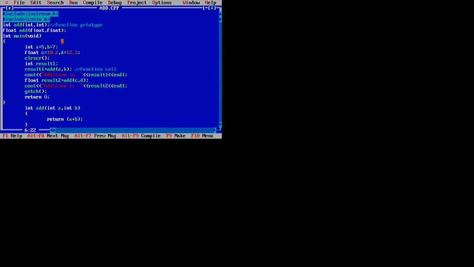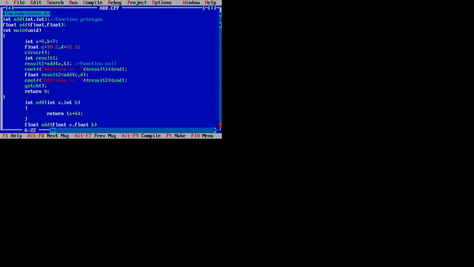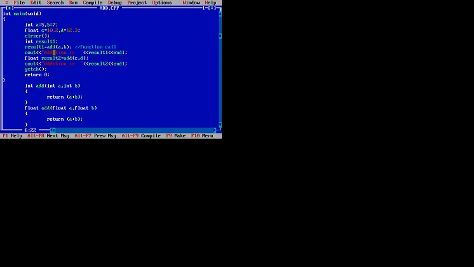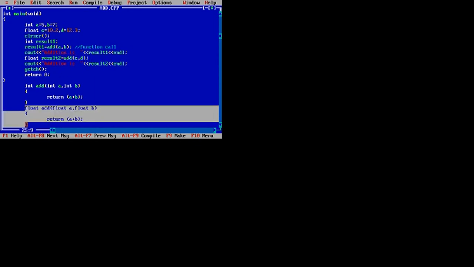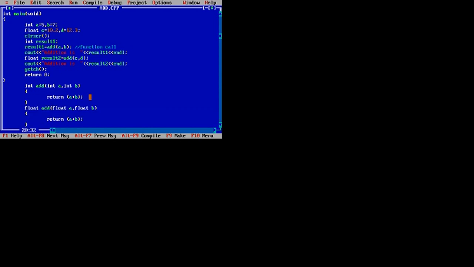One of the important things that needs to be understood while function overloading is how the compiler is going to understand which function is to be called, right? It just looks at the type of the parameters we are passing. So here we are passing a and b, which are of type integer, so this will call this function, right? Whereas in the second case we are passing parameters c and d, which are of type float, so this will call this second implementation, right? So based on the type of the parameters or arguments, the compiler will call the appropriate function.